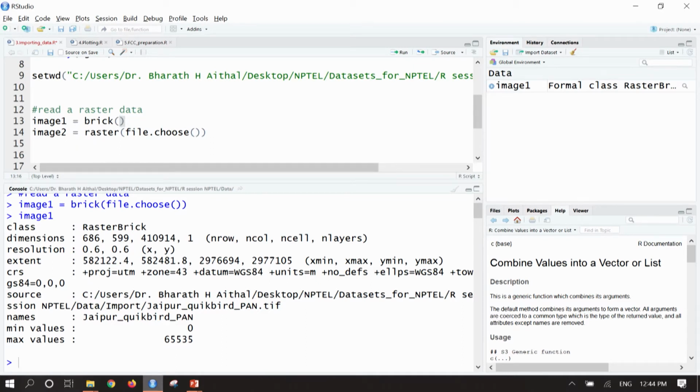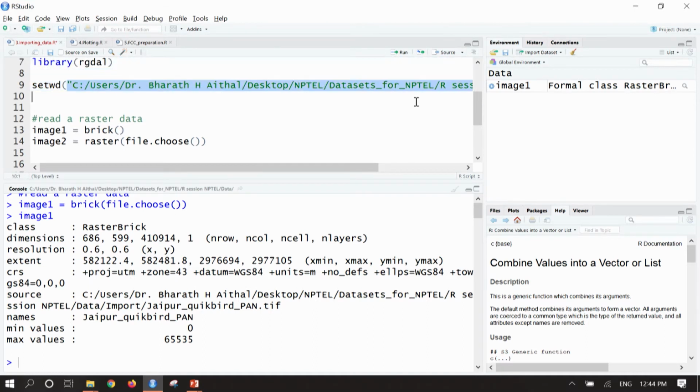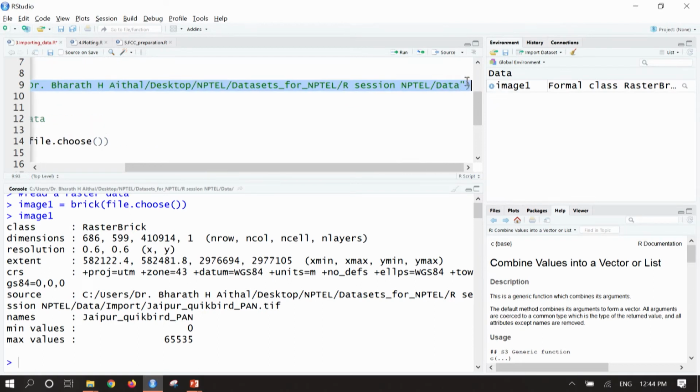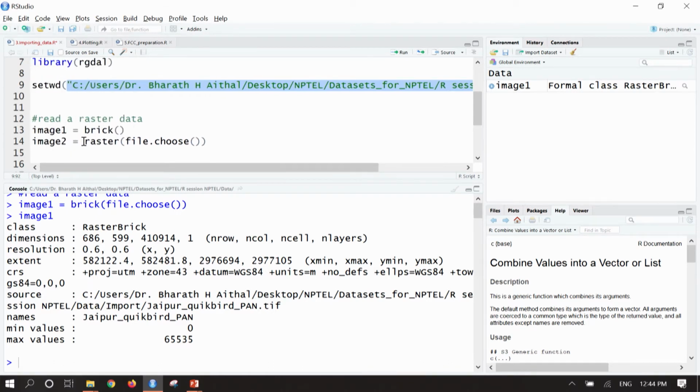So the path of the file I can mention here and run this particular command. For example, instead of using file.choose, I can use the path of the file to import. I will just copy the path and put it inside brick.